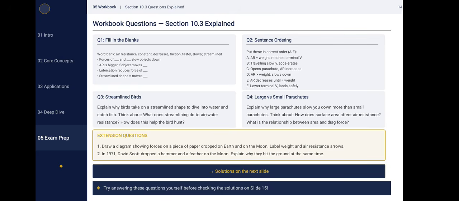Next is the parachutist opens her parachute. The air resistance suddenly increases, so the parachutist suddenly slows down, and the air resistance increases until it equals the weight of the parachutist, and she reaches a lower terminal velocity than before. As the parachutist jumps out of the plane, she accelerates. So these different sequences,